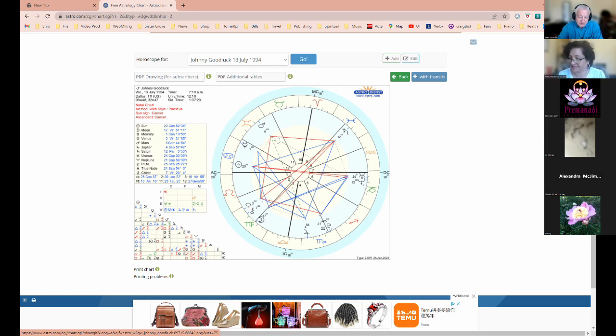So you notice here that we have the red lines, and I told you that the red lines are the things that were not finished up in the last incarnation and that have to be worked on, and the blue lines represent the tools that you have to do that with, and the blue lines also represent the tools that you have successfully mastered in previous incarnations. I will add to that